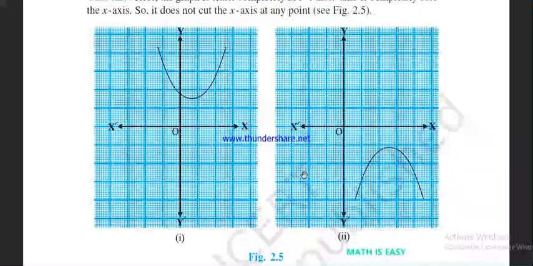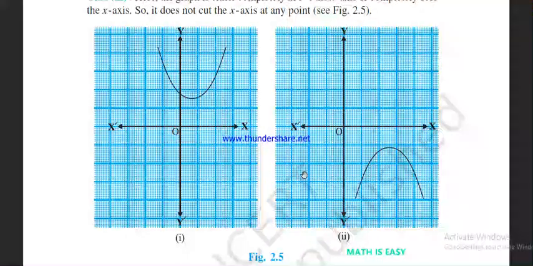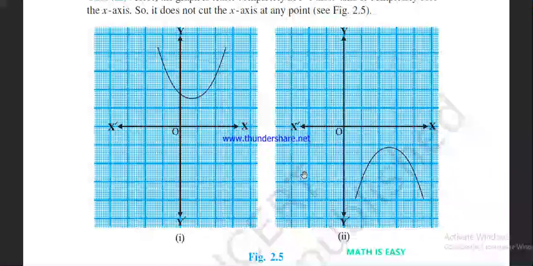Sir, you're talking about the real number system. We have only the real number system. We don't have any other number system. Even natural numbers, whole numbers, integers, rational numbers, all these are part of real numbers only. Okay. So in class 11th, if you opt for class 11th maths, then we are going to introduce another number system which is bigger than the real number system, which we call the complex number system. So we are not going to discuss it now. When you go to class 11th, we'll discuss.